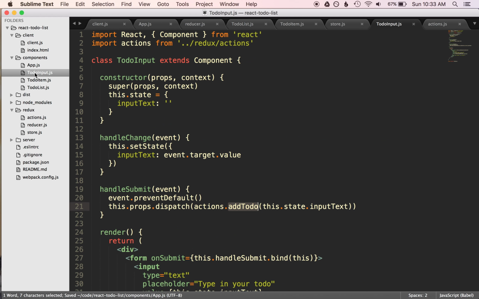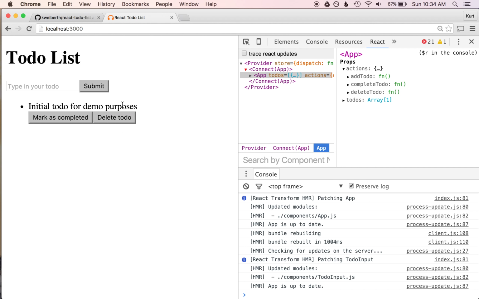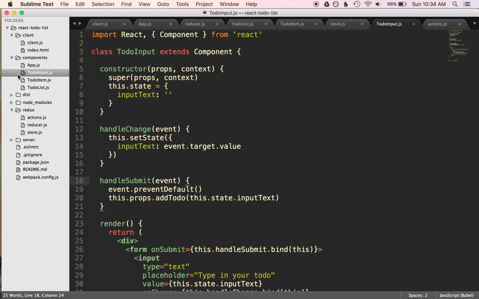Now in our to-do input, we don't have to import our actions because we're getting the action and it's already wrapped in our dispatcher. So we don't even have to do this. We just have addToDo like that. So save everything. Let's see, it's up to date. New to do, and it worked. Cool. So let's do the same thing with